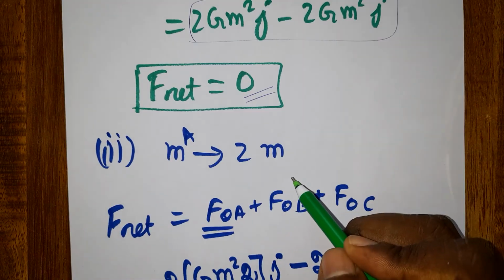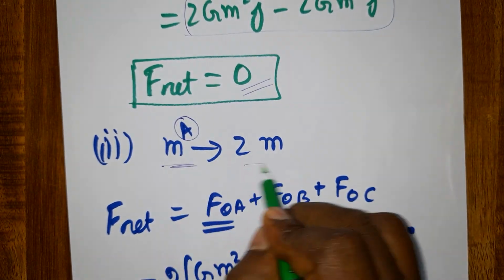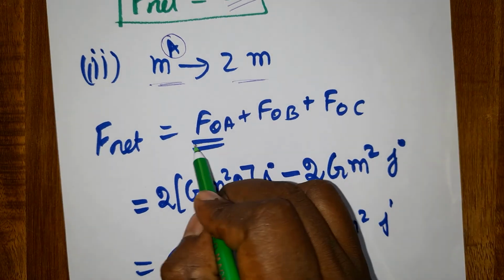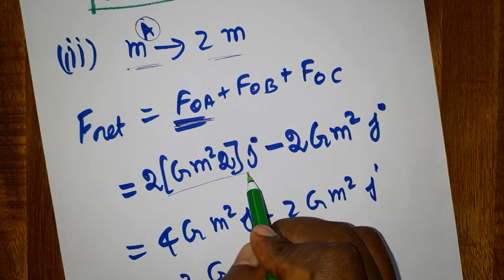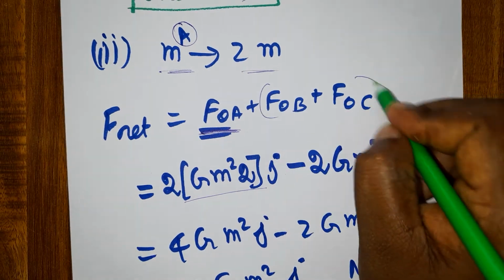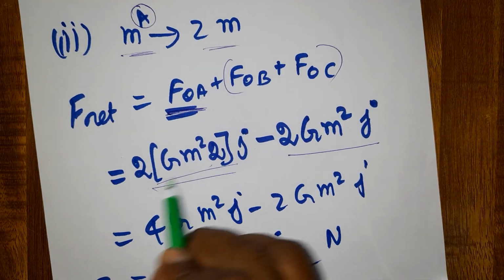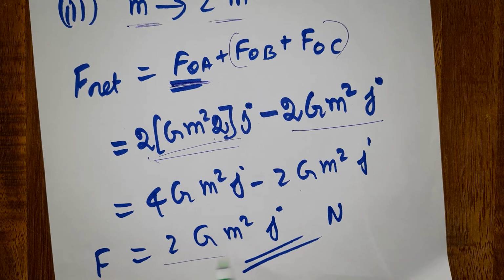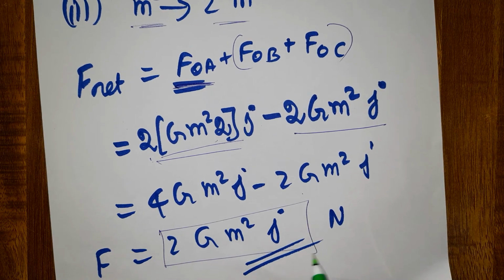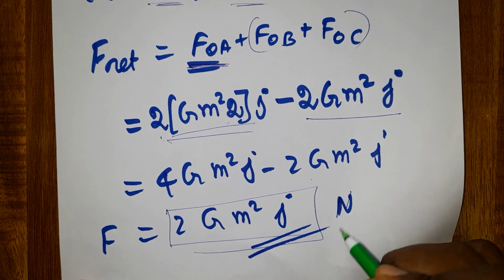In most center cases the answer will become 0. Now the second condition: mass A alone becomes twice. What is the new force created? The force at A alone becomes twice the previous value, because the mass is doubled, so the force will be doubled. The rest of the solution is the same as what we got previously. Now 2 into 2 is 4, here 2, so 2 extra will come. This answer is not going to be 0, it has some value. This is called force, and the unit is Newton. Thank you.